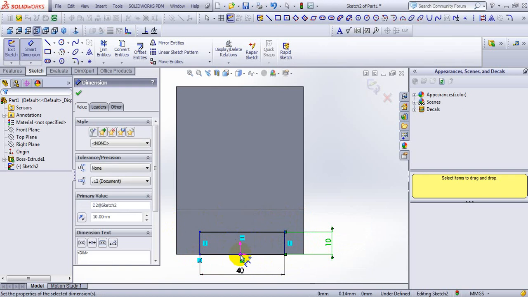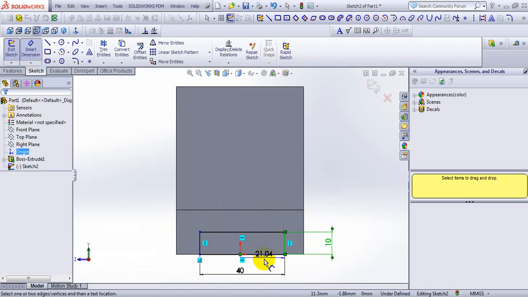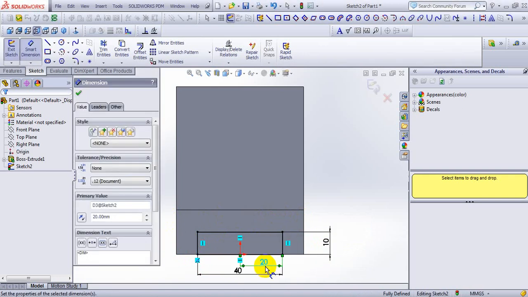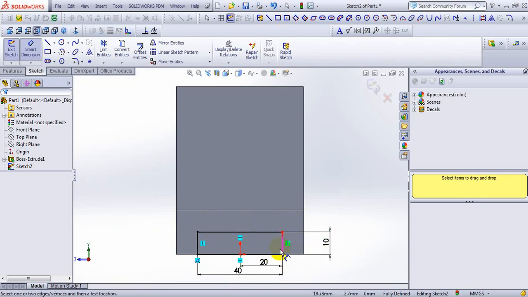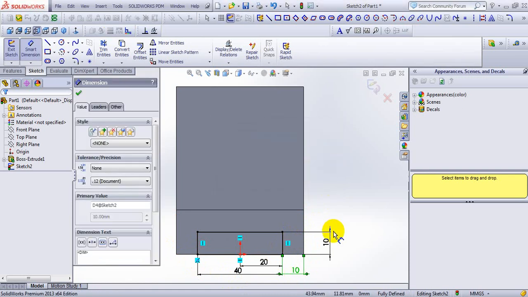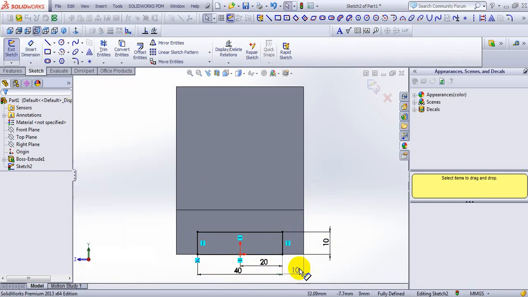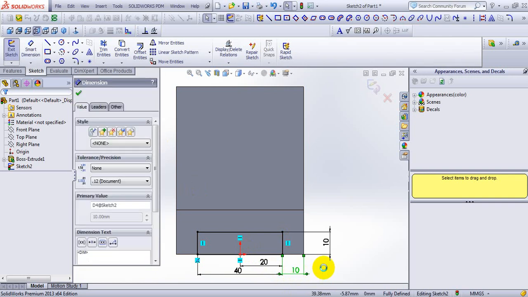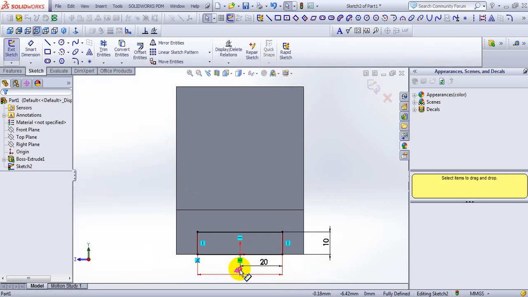We can give from origin point to this end as 20 mm, or this total width is 60 mm. 60 minus 40 is 20, 20 divided by 2 from here to here will be 10 mm. We can give dimension this 10 mm, or from the origin point to this vertical line 20 mm. Don't mention both. Do dimensioning only any one.